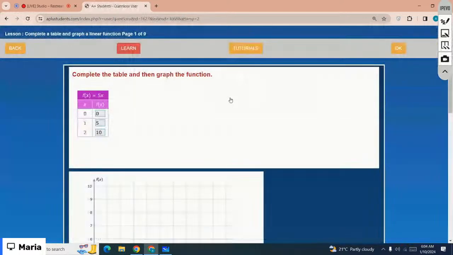You are given the function f of x equals 5x. You are given the x values. When x is 0, f of x is 0, right? 5 times 0 is 0. When x is 1, f of x is 5, right? Because 5 times 1 is 5. When x is 2,